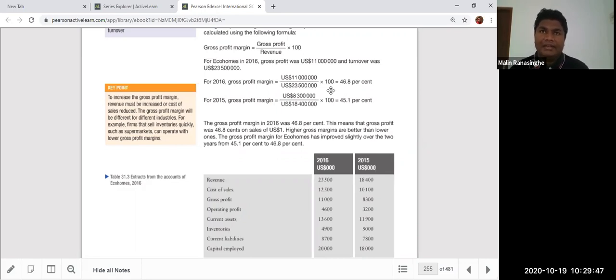If you have a business where items are traded very slowly, like an electrical shop or a textile shop, not food items, not supermarket items, but furniture, hardware, electrical items, then items don't sell fast. They are slow moving goods. If you have a business like that, you can keep a high gross profit margin, because one item should bring more profit to the business in order to cover the cost of the organization, because every day you don't have sales.